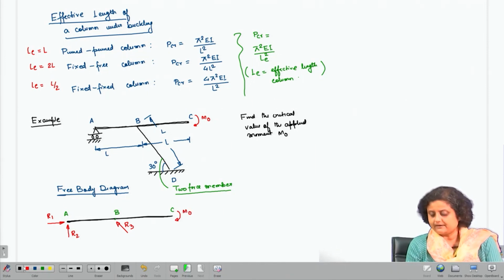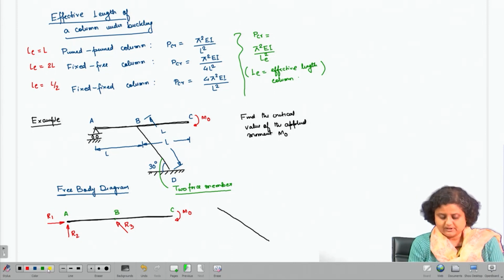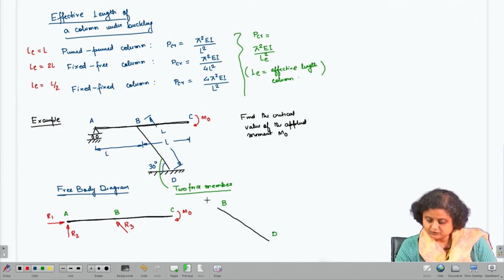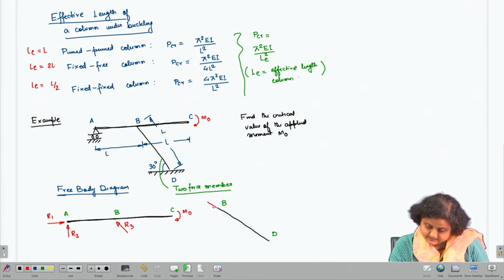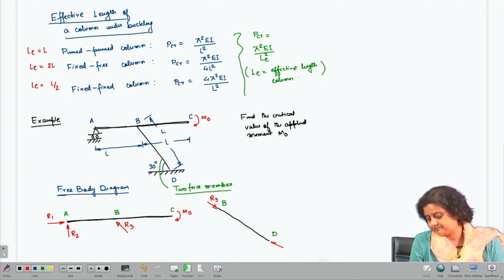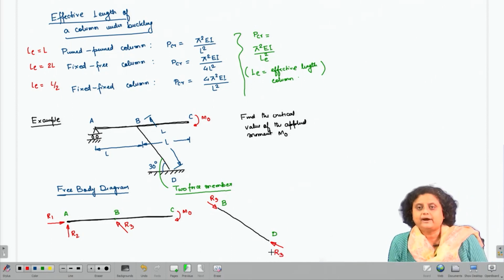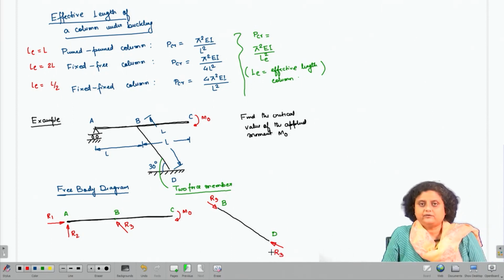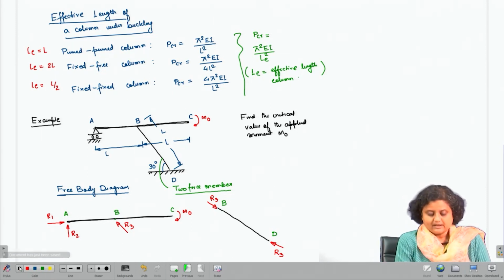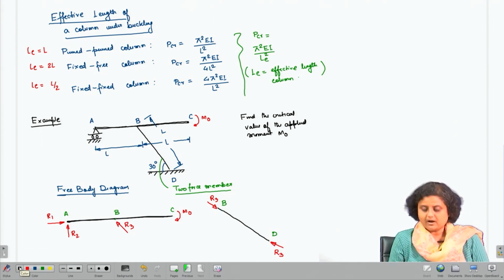Now, the free body diagram of the two force member is just going to be, so this is B and this is D, and because it is a two force member, there is R3 and there is R3. Okay. Now, let us try to find out what R3 is, or what the reaction forces R1, R2 and R3 are. Now, if we take moment about A,